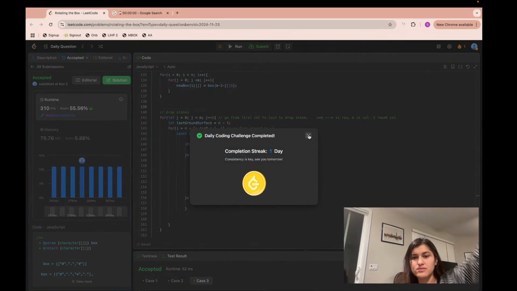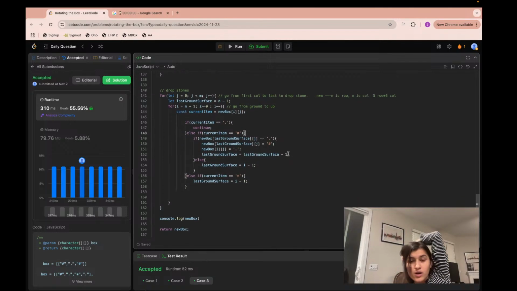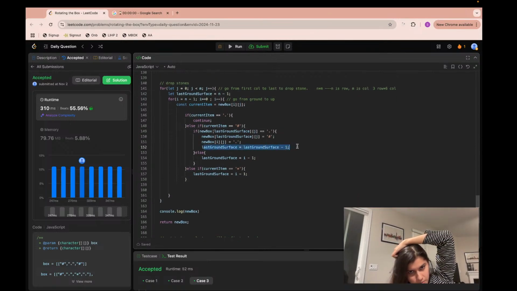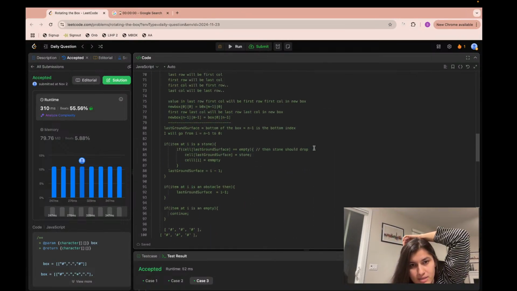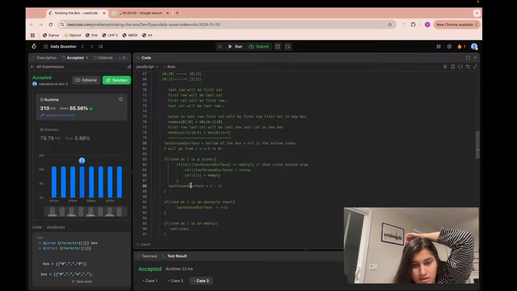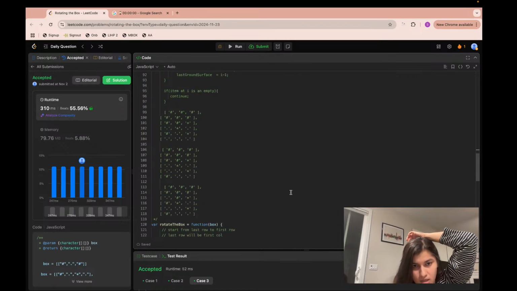Okay, it got accepted. Yay! So the only mistake I was making was this one. I did not consider this. Actually, when I was writing my algorithm, in the beginning I wrote that last ground surface would be last ground surface minus 1. Then again,